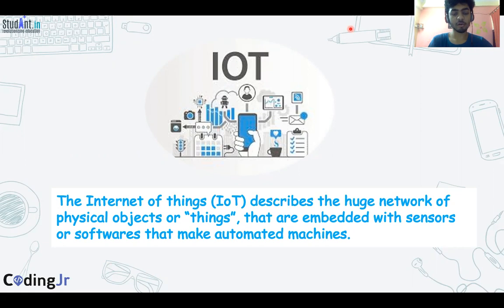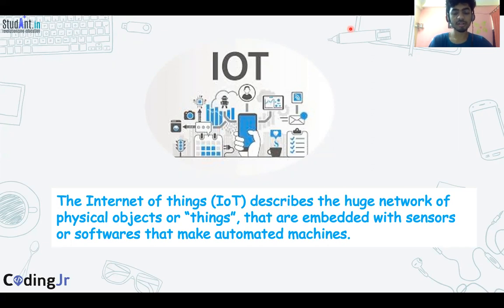This normal fan can be made into a smart fan by fixing a small set of devices in it. That small set of devices or small hardware fixed inside the object is called embedment. Embedding these small devices or small hardware into a real or original object so that the object becomes a smart or IoT device is called embedding or embedment, right? So that is what embedment means.